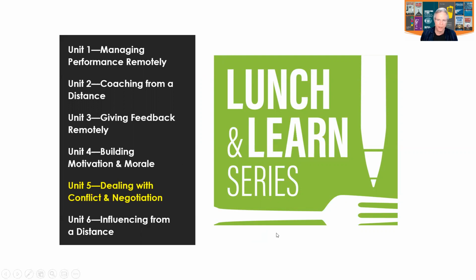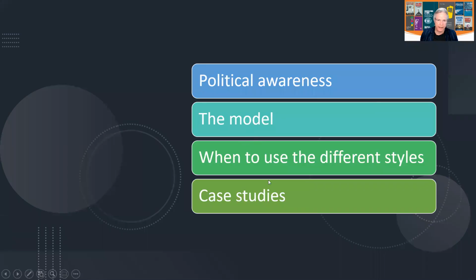conflict, because whenever you have to negotiate with somebody about something, you basically have a difference of viewpoint, because if you were on the same page, of course, you wouldn't need to negotiate. And because there's a difference of viewpoint, you've got to navigate your way through that. So negotiation is a form of conflict. And of course, working remotely, you've got to negotiate with a variety of people about many, many things. All right, so let's launch in and have a look at where we're going.